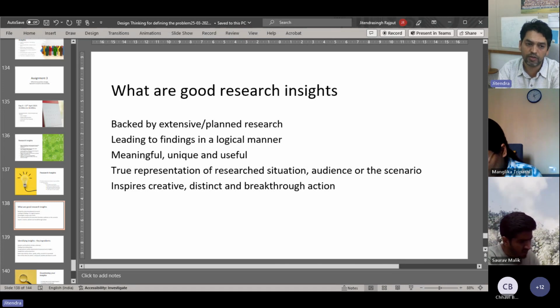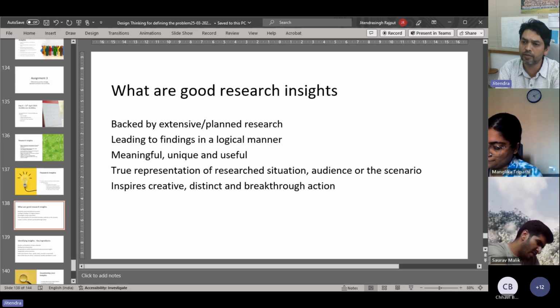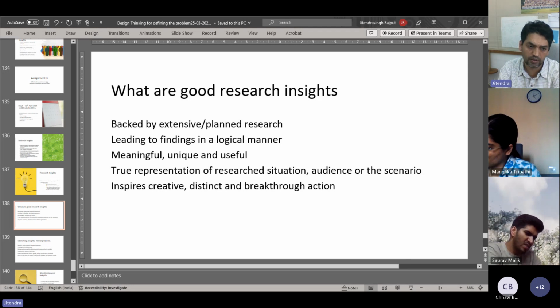They are always meaningful, unique. Uniqueness is very important in insights. They need to be unique because otherwise it will be a me-too sort of solution. Everybody knows this problem is already there and everybody knows how to solve that problem. It's not going to work in your favor, and you will be struggling to beat your competition or convince your people that you are better than others. So try to find out something which is unique in this scenario and how you are going to possibly get an advantage over others.